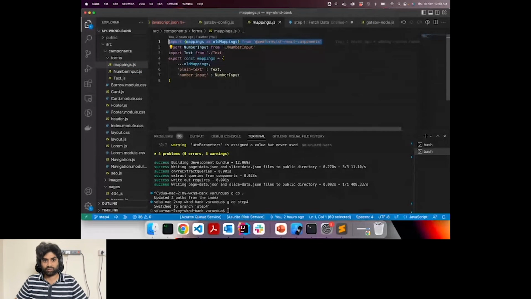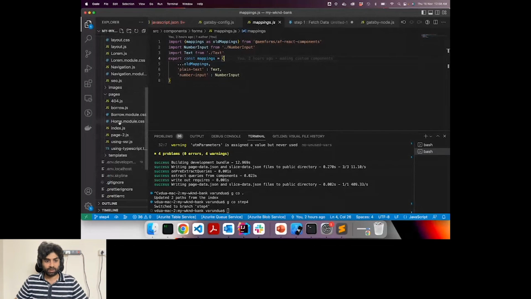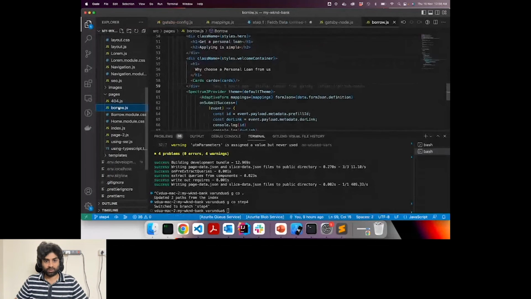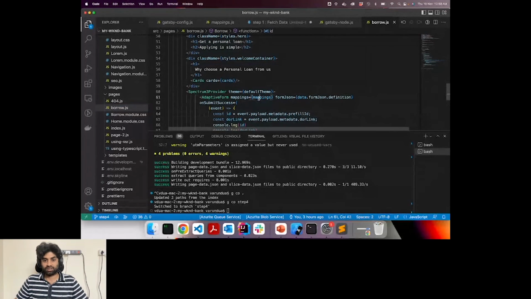So we have some mappings in our React component. This is a library which provides some default mappings. And then if you want to override them, you need to override the type of field. This is again part of the documentation that I'm talking about. You define the type of field, the name of the field, and the component to render that field. And once that is done, in your page where you are embedding the adaptive form, you just click on that mappings, and then just update the mapping.